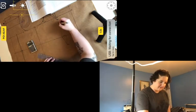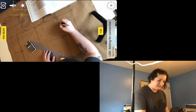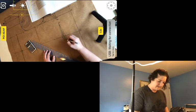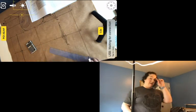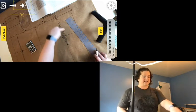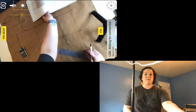And there you have that line. I can almost see that line. And there you have your front dart. So, I think I said in the last one, I'm a dart cutter, so I will cut this out when I get to actually using it as a pattern. Okay, before we run away from here,